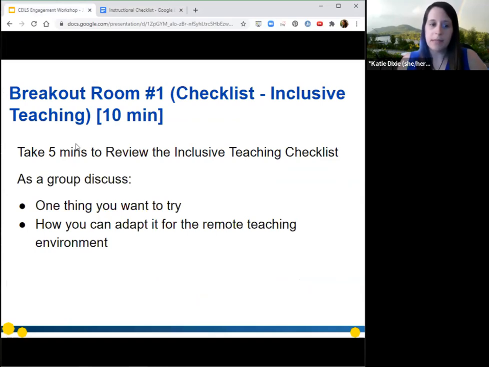In the breakout rooms, again, we're going to discuss how you might adapt these and talk about the ones that really jumped out to you. In that, we have a space for each group to take notes. To make it easier than waiting for someone to volunteer, we'd like the person whose first name is first alphabetically in your group to be the note taker. And we'll rotate through different ones.